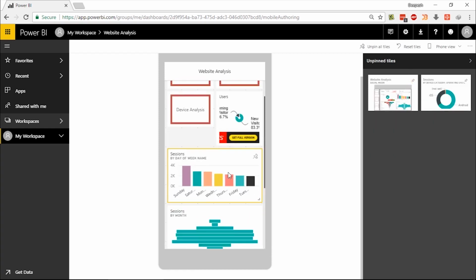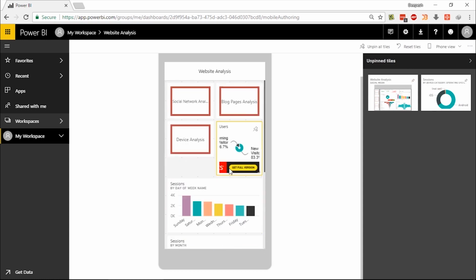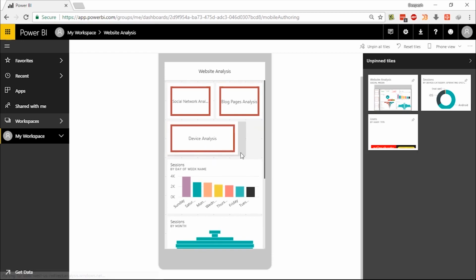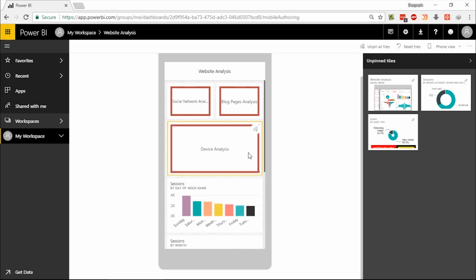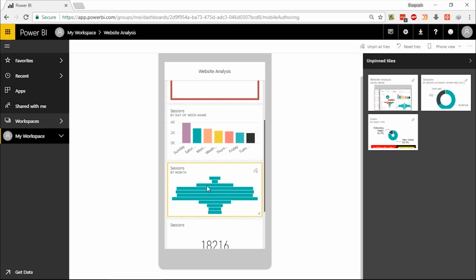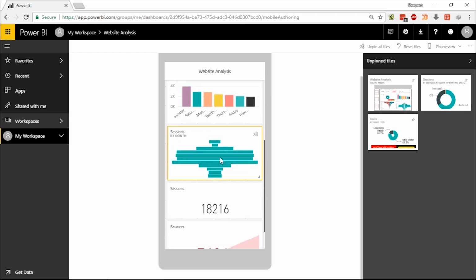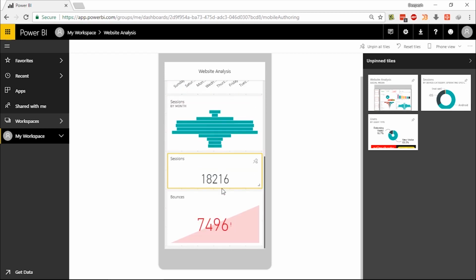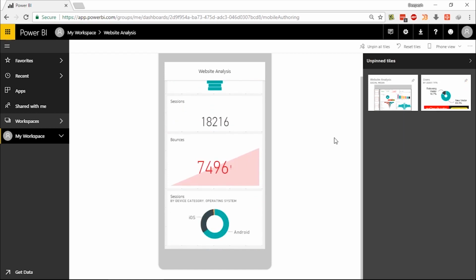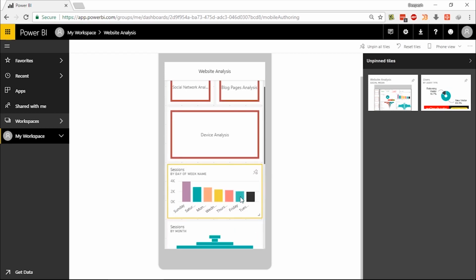Okay, so when I view this in my phone, this is how it will look. These three particular, let me zoom so that it looks good now. Okay, so firstly I'll see these three buttons, then I'll see my bar graph, then my session graph, then these particular numbers in KPI card format, and then I want this. So this is how it will look in the phone view.